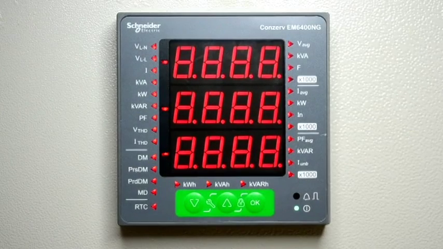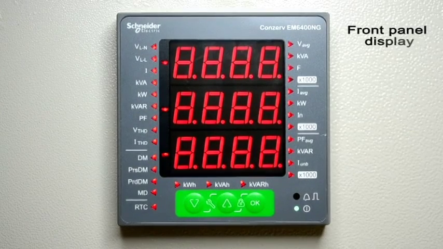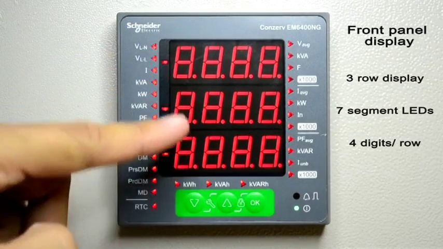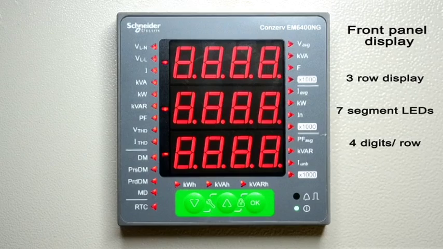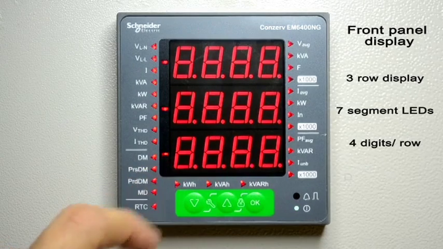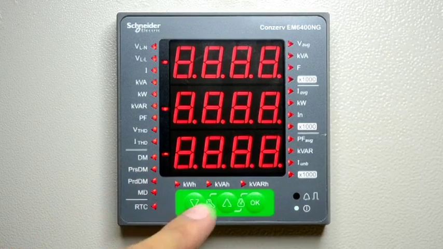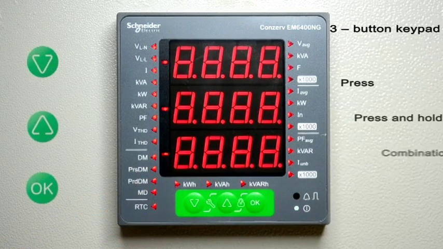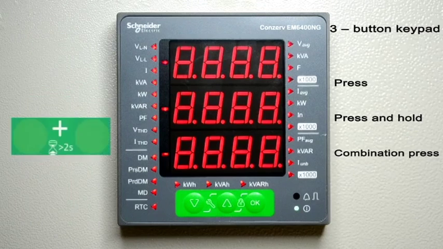This is the front view of the meter. The HMI of the meter consists of 3 rows of 7 segment LEDs for display of measured values. Each row can display 4 digits along with a decimal point and a minus sign. There are 3 keys at the bottom of the display. These keys support press, press and hold and combination press modes in order to provide an intuitive and easy navigation